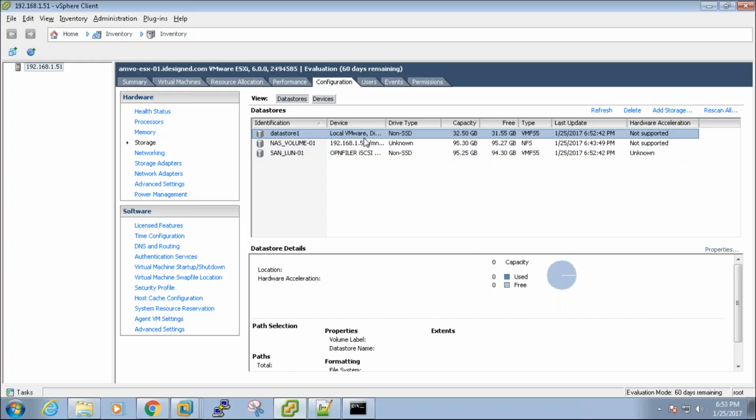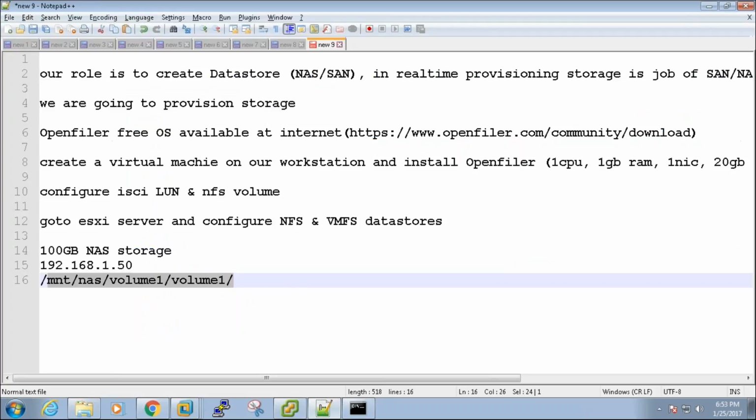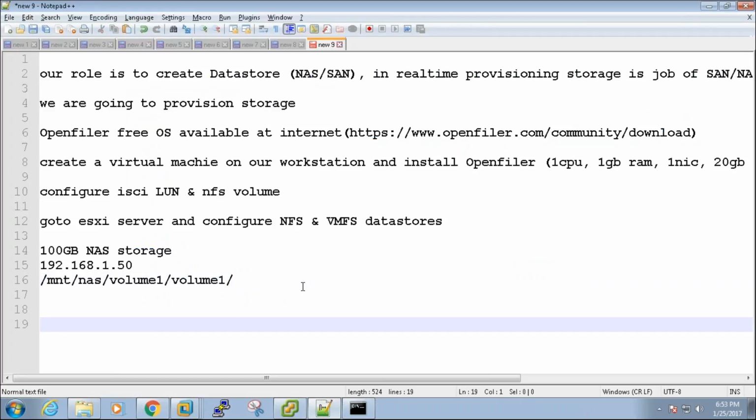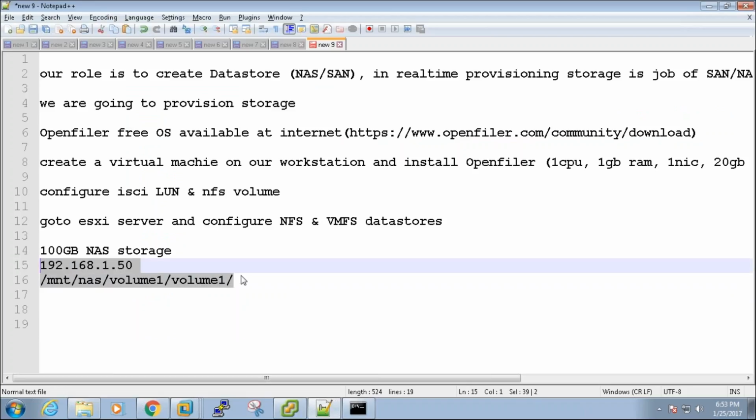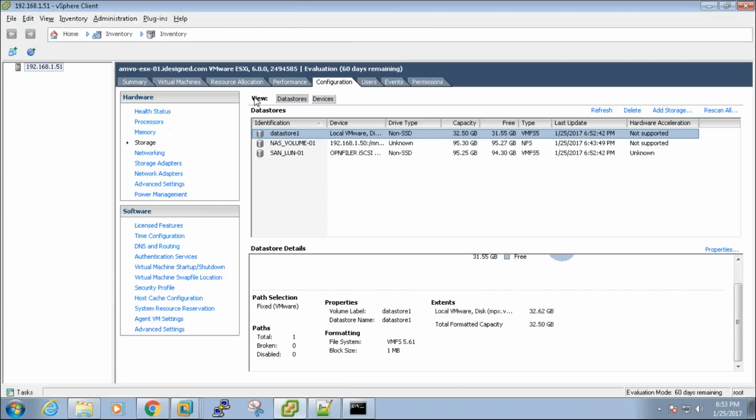Even the other data store, the local data store, it is also the same, right? It is also a VMFS data store because it is a raw disk space that was accessed, a raw disk space that was configured as a file system, right? So this is how you probably can create the NFS and the VMFS LUNs. So when you submit a NAS request, this is the information that you get. When you submit a SAN request, you will not get any request. They just say we have provisioned the LUNs.